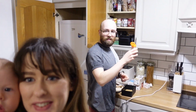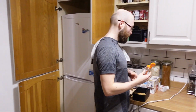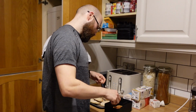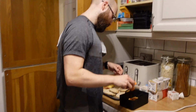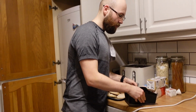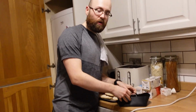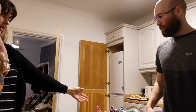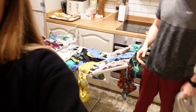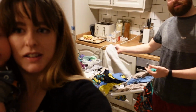Making dinner. What are you making? I'm making chickpeas and sweet potato. Oh, nice. Let's season them up, chuck them in the air fryer, with a bit of sweet potato, maybe a wee bit of broccoli. Show them the... You can't see them. While Luke has found his place in the kitchen making dinner,